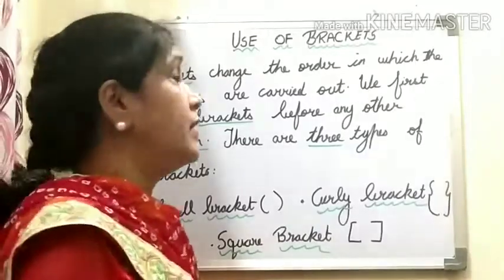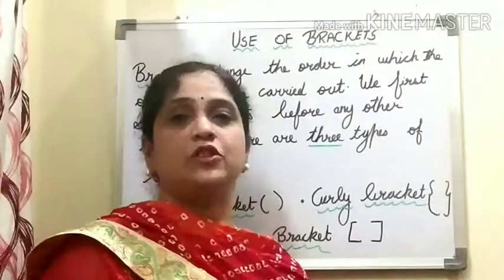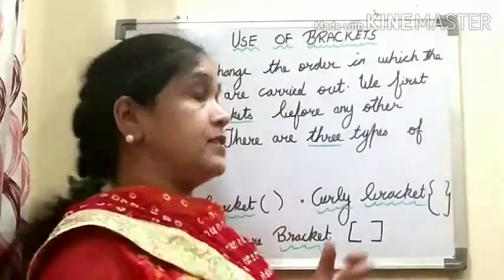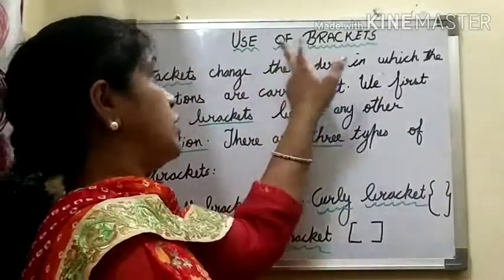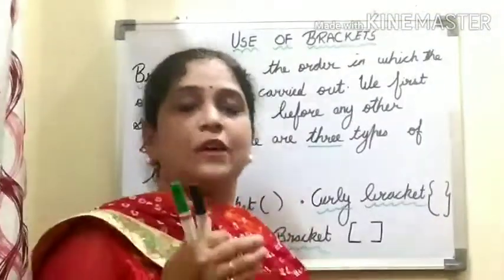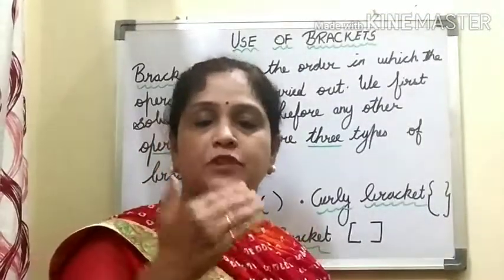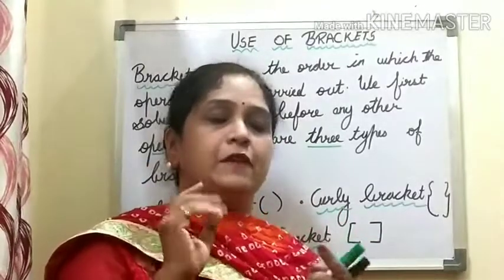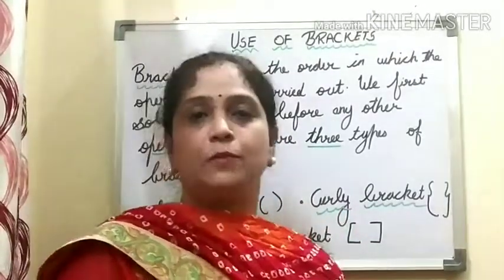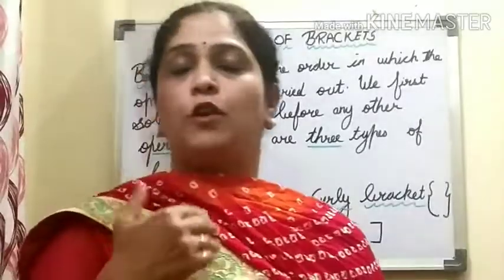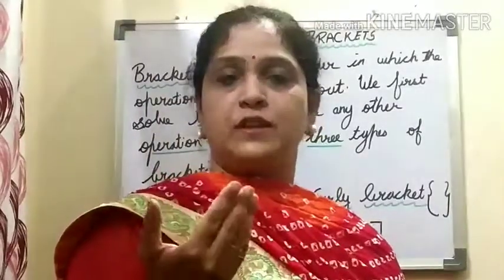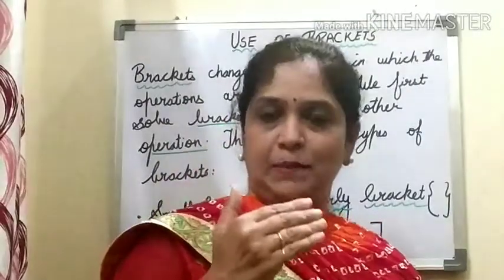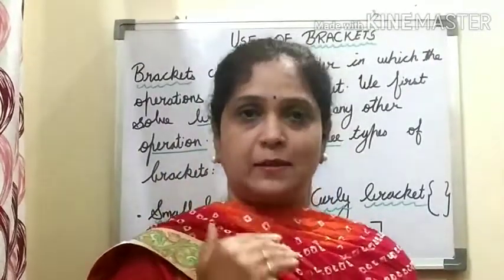Hello students. Now as we have started simplification of numerical expressions, now we proceed one step further. That is, we will discuss the use of brackets. According to the DMAS rule, which operation do we perform first in a numerical expression? If there is addition, subtraction, multiplication, division, how do we proceed? We follow the DMAS rule. First we do division, then multiplication, then addition, and then subtraction.